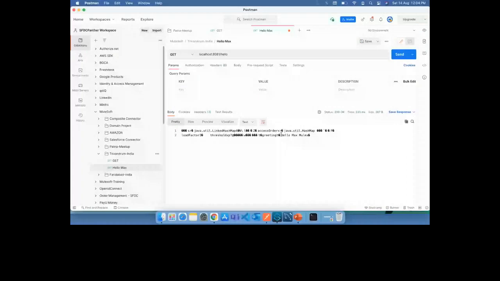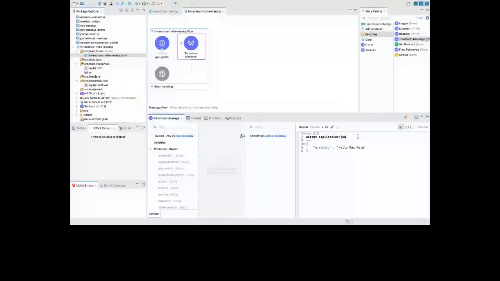If you say okay, it's not text, it's basically a JSON. I think there is something in our transform message. Okay, it's Java basically, that is why. We'll save it again. As soon as you hit Control S, it is going to redeploy your project, and this time it will do a hot deploy. That means it will not take much time. Within a few seconds, your application will be ready for testing. Now our application is ready. You can see all these dependencies are ready over here. Send it, and you will get the greeting over here.